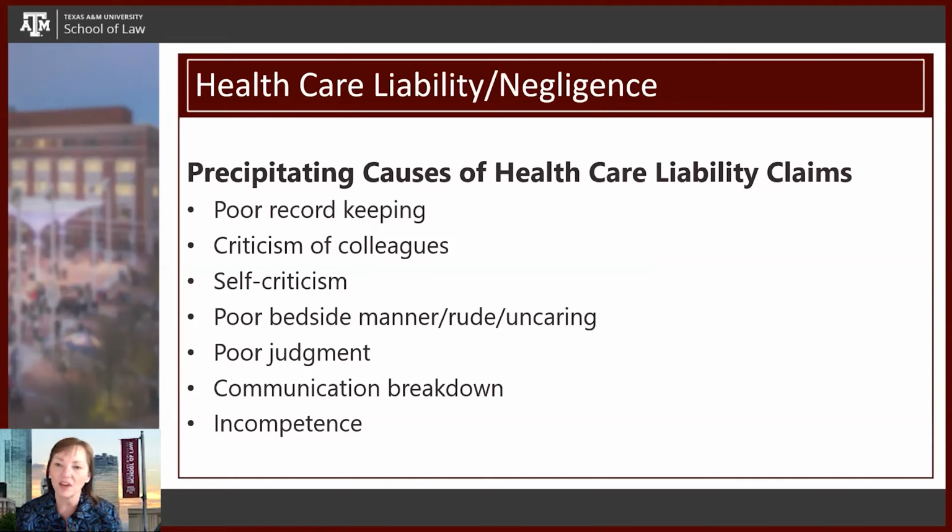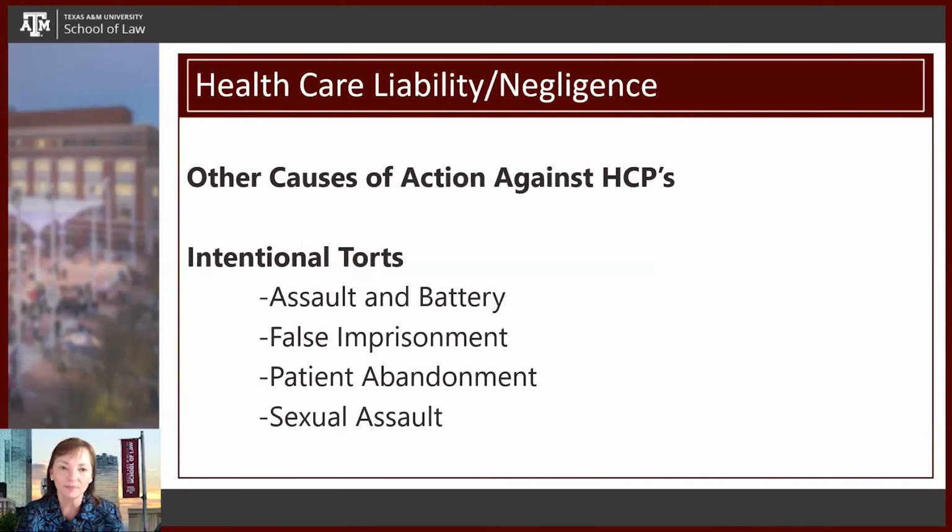And then finally, communication breakdown. And this is a system issue often. There are so many communication requirements in healthcare. Healthcare providers and the entire team all need to be communicating with each other. They need to be communicating with the patient. And when those communications break down, failure to notify someone of something, failure to make sure that the whole team knows what the plan of care is, failure to keep the patient in the loop and let the patient have a say about their own care, all of those areas are ripe for communication breakdowns, and those can precipitate healthcare liability claims.